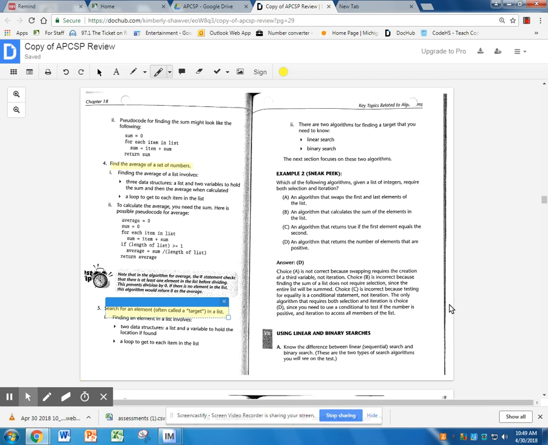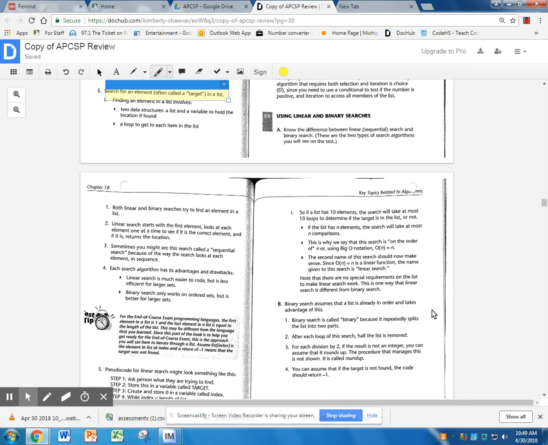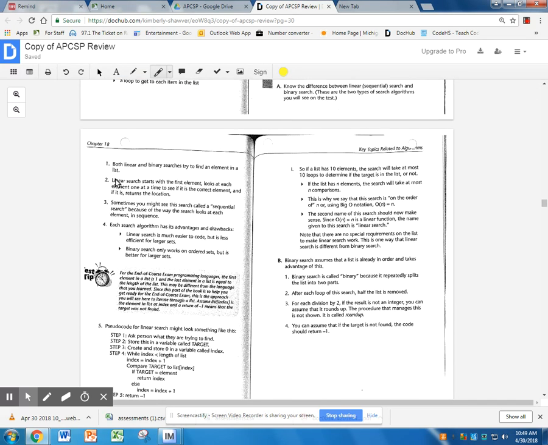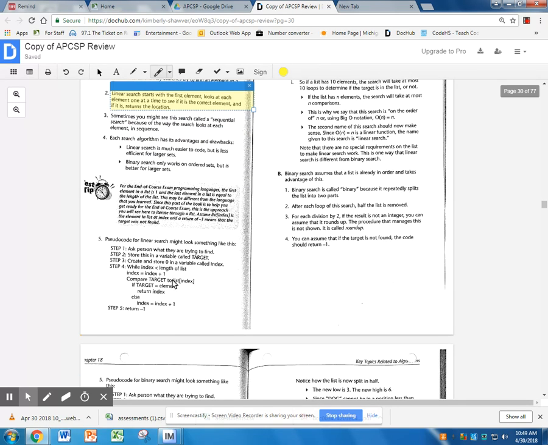Okay, I'm going to pick up on using linear and binary searches. Linear search starts with the first element and looks at each element one at a time to see if it is the correct element, and if it is, return the location. I'm going to ask that you continue to read all of this, but here's a test tip that I found